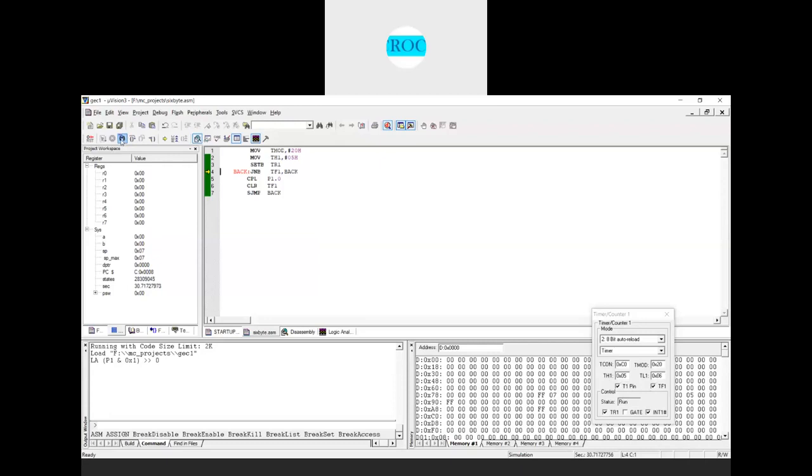Now we'll do that. As you can see here, this JNB instruction will take 2 machine cycles, so it has moved to 06 here, because the JNB instruction takes 2 clock cycles. So it is 06 now. Now it will keep on incrementing again. Since it is 06, when I run this next, we clear that overflow flag. Again the overflow flag is reset. You can keep on running here.